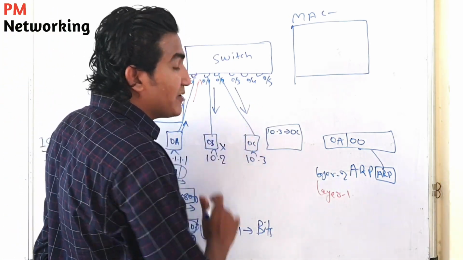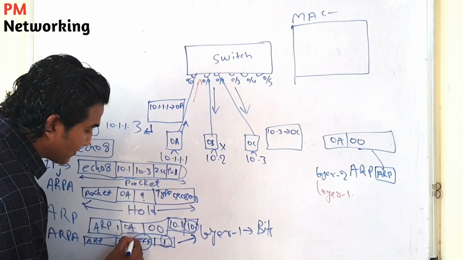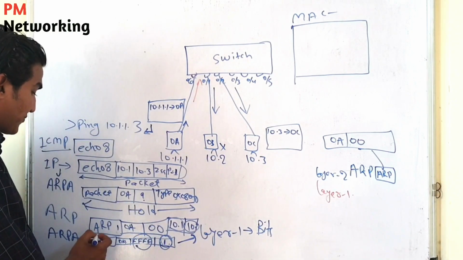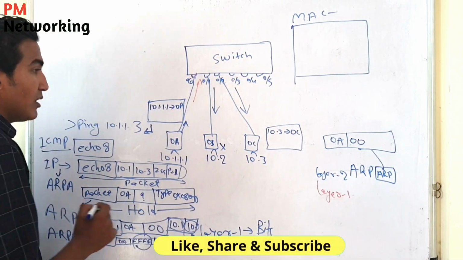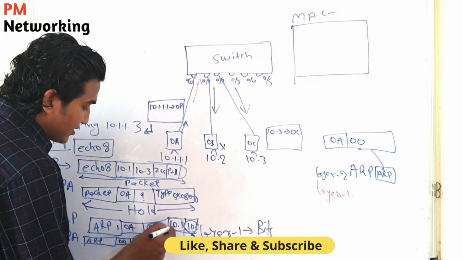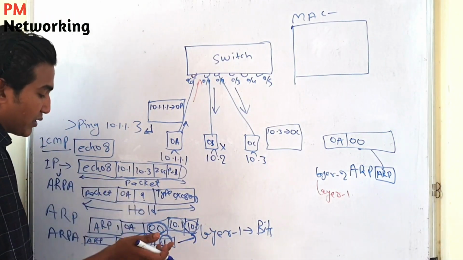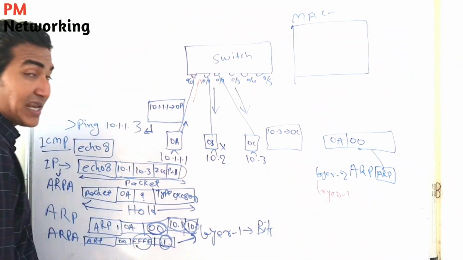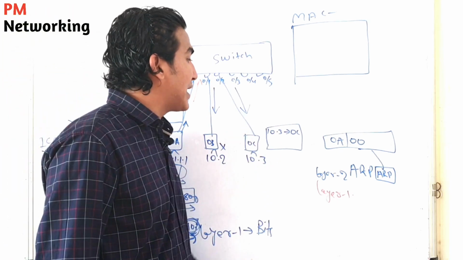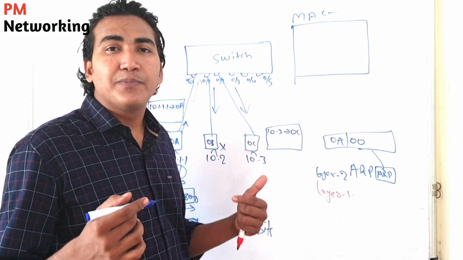Now when this PC receives this ARP request, it will check, okay, this is a broadcast message and opcode value is 1, which means I have to hand over this frame to ARP protocol. Now ARP protocol will check the destination MAC. The destination MAC is 00. Then this PC came to know that this is an ARP request. So this PC will check the destination IP address. Destination IP address is 10.3. So this PC will come to know that this is an ARP request and it is for me. So this PC will generate an ARP reply.